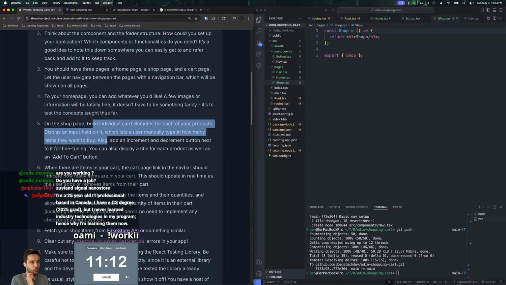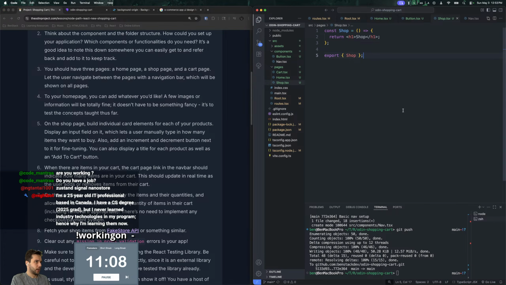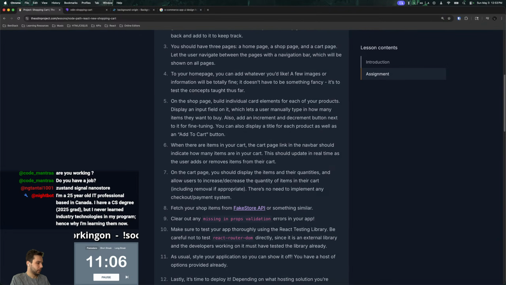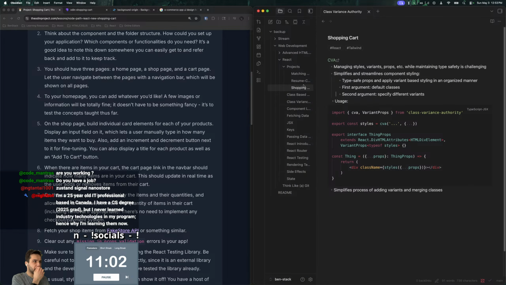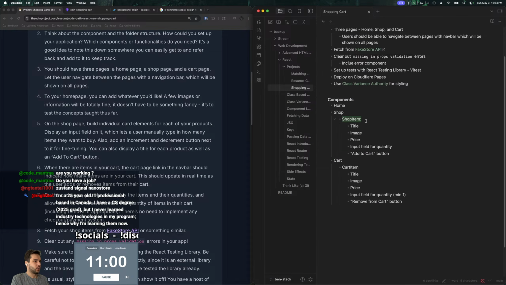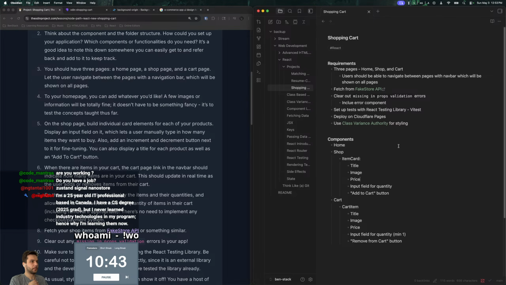Shop page, build individual card elements for each of your products. Display an input field. So if I go to my notes here, let me just bring them up over here. So each shop is going to have a shop item, and I could even say item card or something like this, right? And then the shop's basically going to be a list of these item cards,